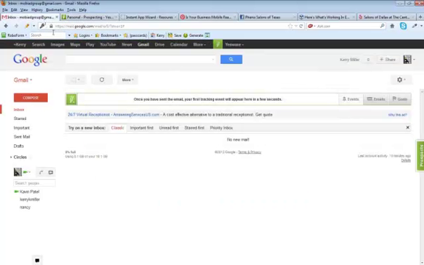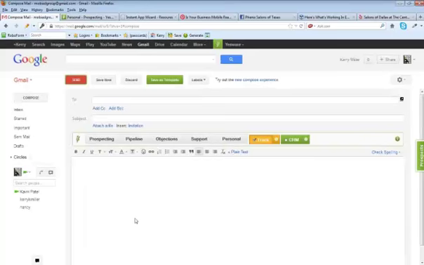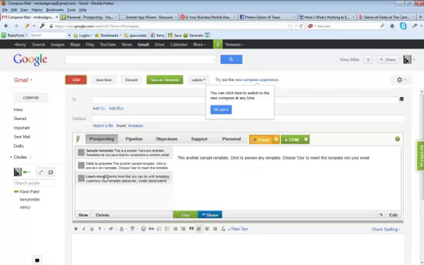Now, when I want to do an email, I'm going to compose an email. And I'm going to come in here and pull up a template. I didn't save it, but you'll get the vibe here.